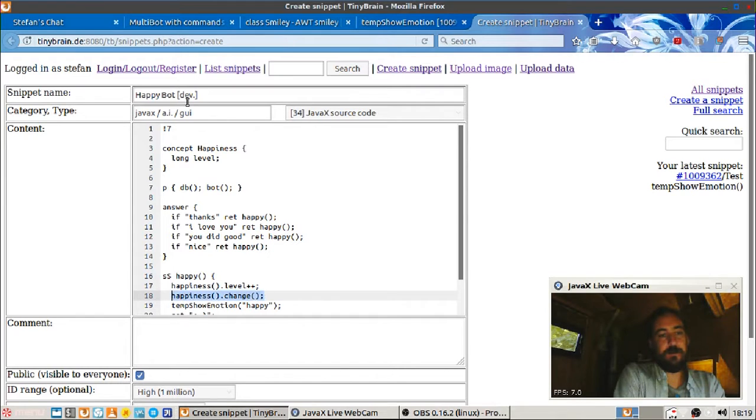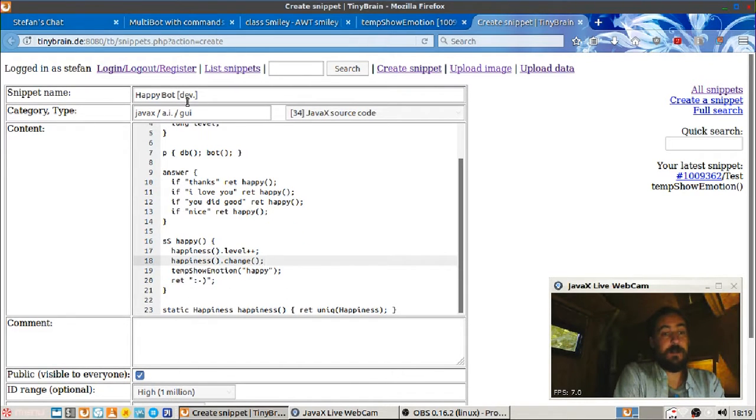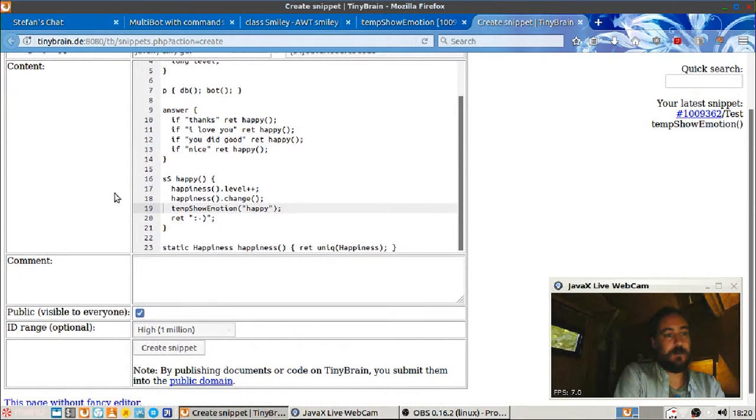It's one more step, but I mean, this replaces the whole database effort and other methods with Java and MySQL or what have you, or any other database. You have to make database commands here and make more database commands to load stuff and whatever. This is all automatic with this one change line. So that might be our happy bot.